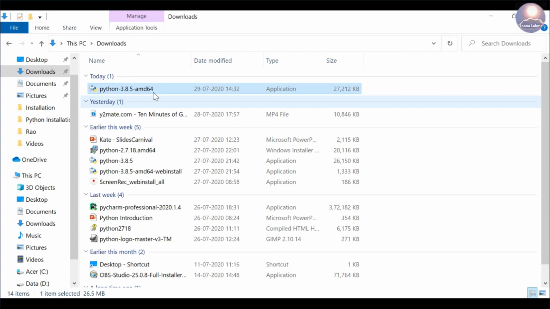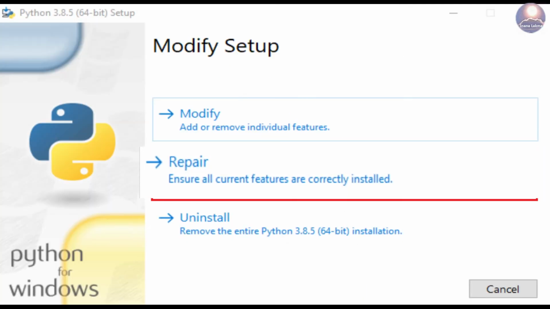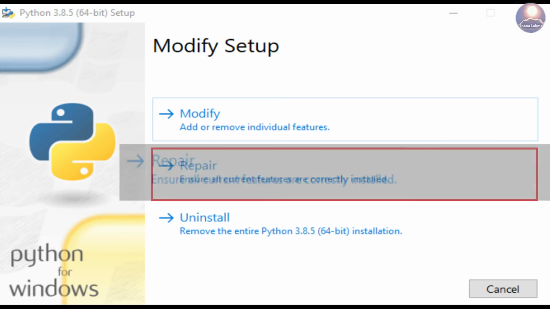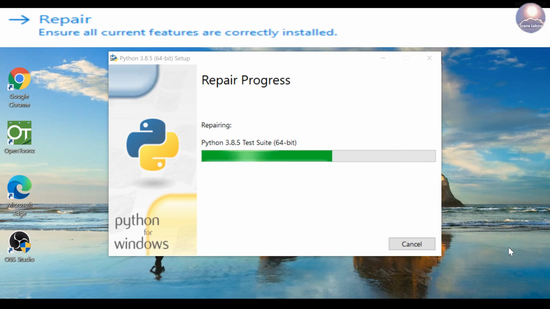Open the Explorer where the Python 3.8.5 installer executable is available and then double click the file. Click on Repair. This will start repairing the installation. The Python setup pop-up window will appear.